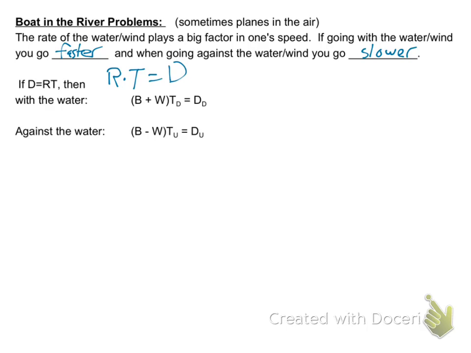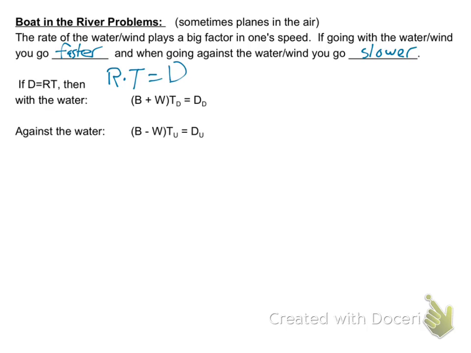Are there any questions? So this is the thing. If you look at these equations, I've got B, W, TD, and DD. I've got B, W, TU, DU. I've got 4 variables in the first one, 4 variables in the second, and only 2 of them coexist within the 2 equations. That's 6 different variables in 2 equations. That is not enough to solve for any individual one by itself, right? Remember systems of equations? The number of variables you have has to equal the number of equations you have,